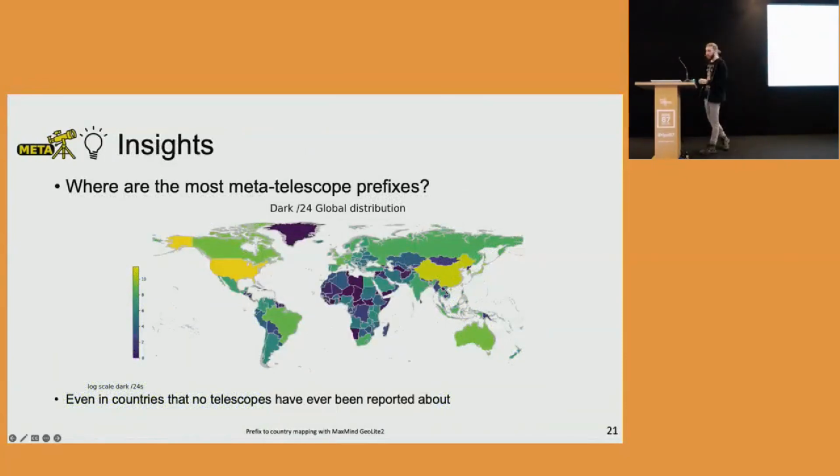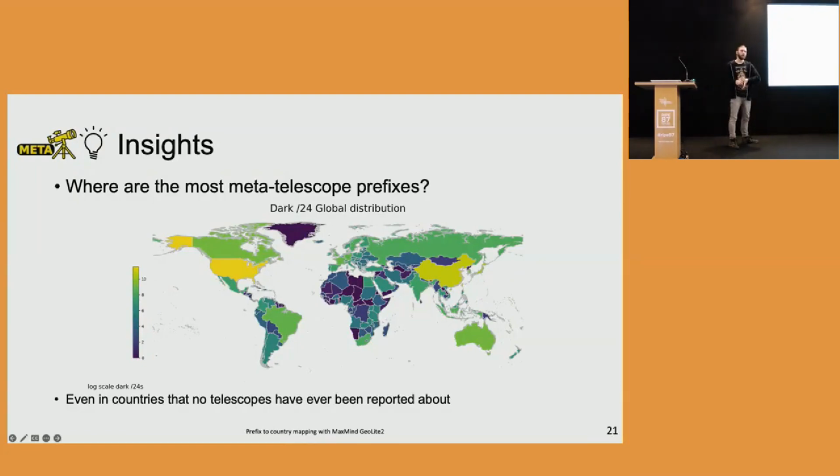All right, so let's see where they actually are located. We used MaxMind GeoLite2 to map those prefixes to country codes. And then with this, we generated this kind of a heat map, world map, I'd say. So the findings here from our data set is that most of these meta telescope prefixes are located in the US. Then the second most populated meta telescope prefix country appears to be